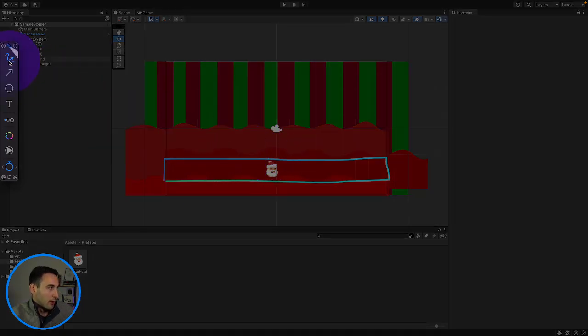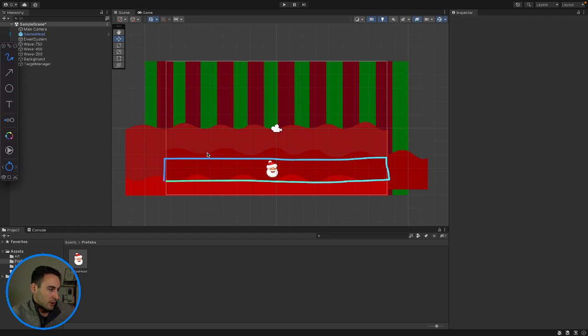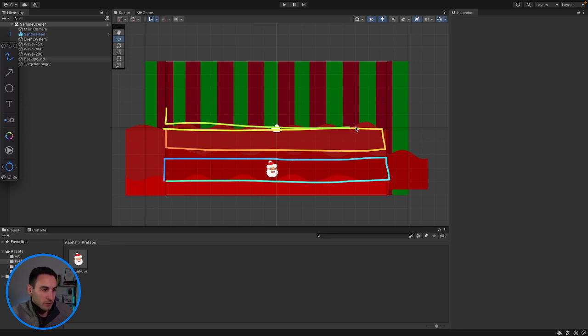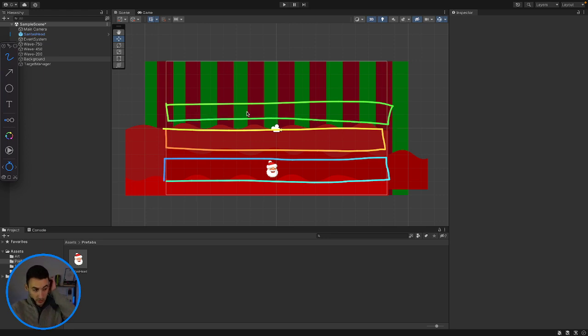Our next layer is going to be over, can't really see the difference between those waves, but our next layer should be somewhere over here, and then our final layer is going to be over there. So depending on which level the Santa heads appear, we need to change the order in layer of the object, because